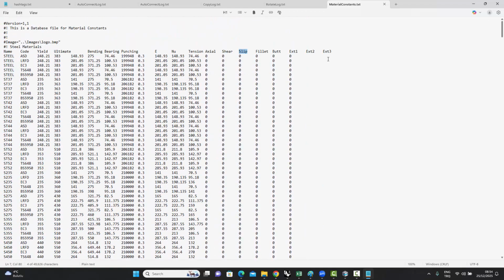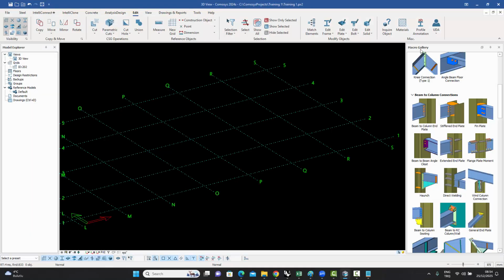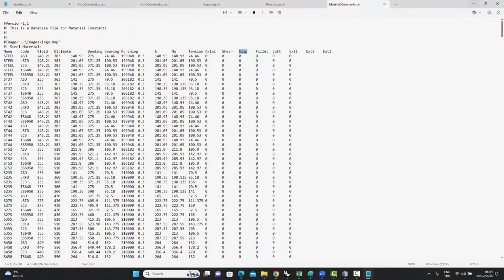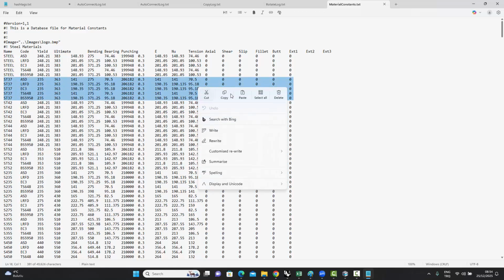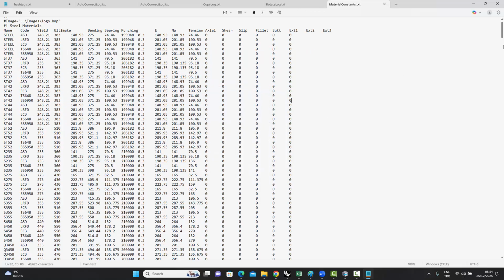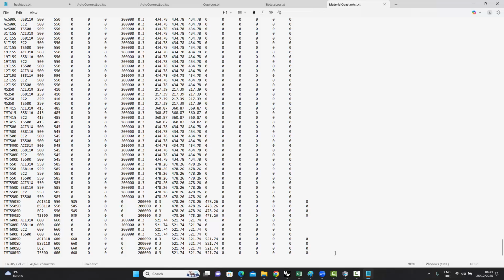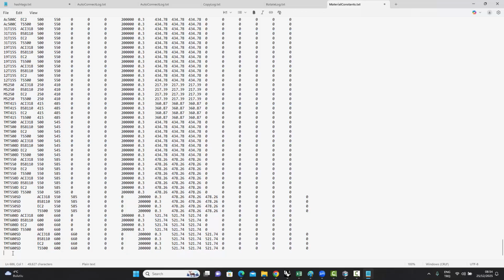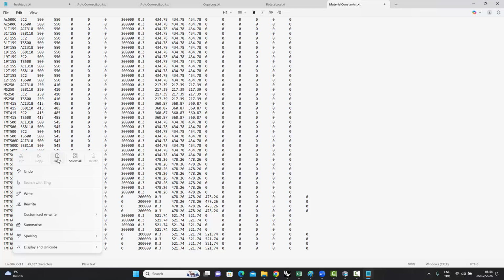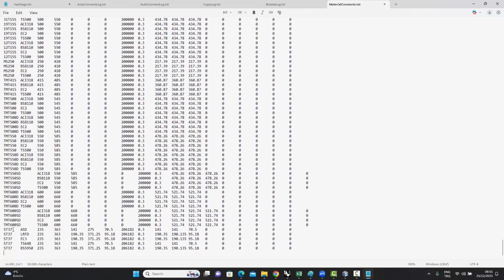So what I want to say is that when you add a material inside COMOSYS, just make sure that you add 5 new lines. All you need to do is copy any material from here. Just right click, say copy, come down to the end of the file, add a space, and paste your new material over here. I'm just going to show you how it's done. Give it the new name which you've added. Just change the first column, and then change these numbers for that particular material,